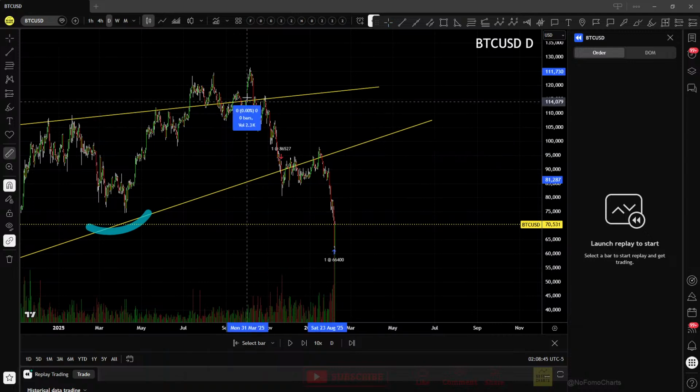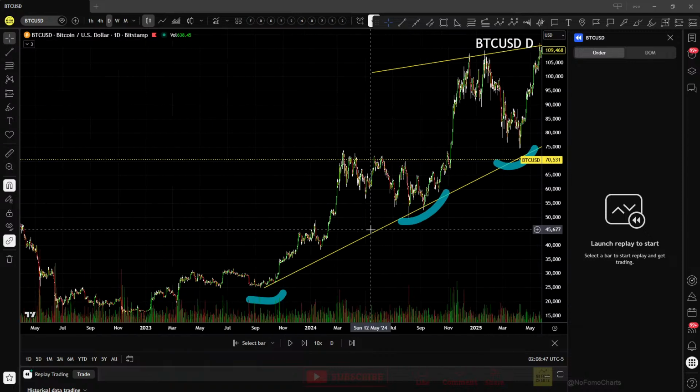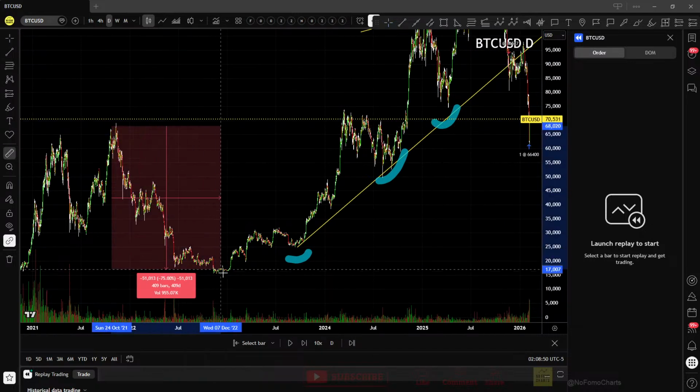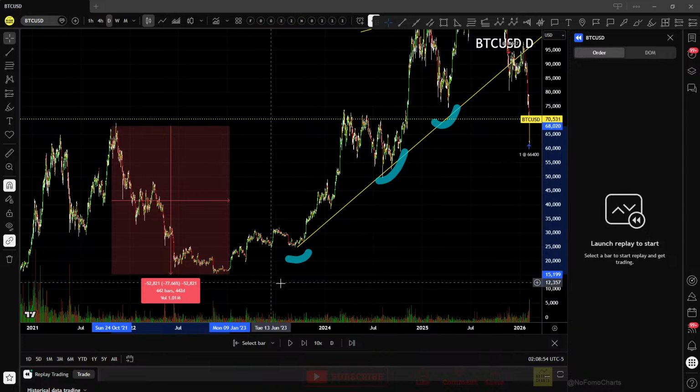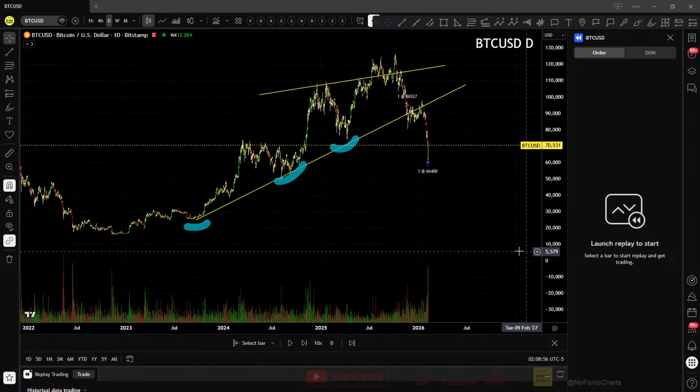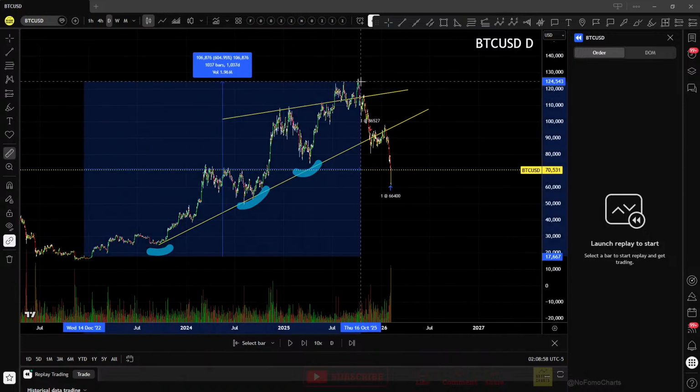And how long did I have to wait for these setups? Long time. From top to bottom, 22 to bottom of 23. That's 442 days. That's almost 1.5 years. Then from the bottom of Bitcoin to the top of Bitcoin, that's 1,037 days. So there's that